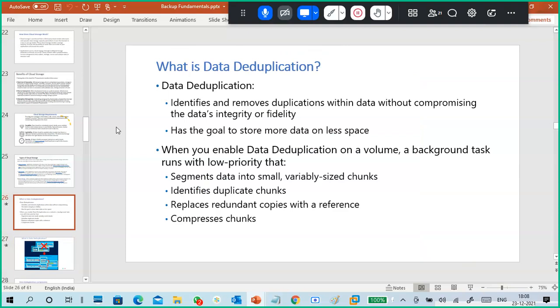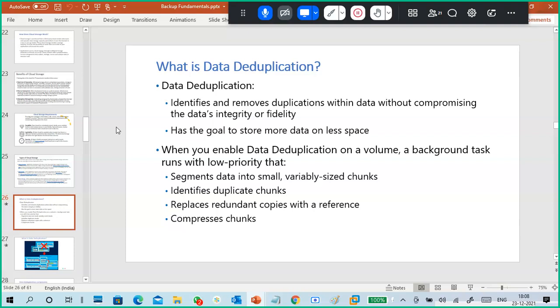Data deduplication is not compressing the data. Compression is different. Compression means we compress a huge amount of data and store it, so we get more space by compressing. That is compression.